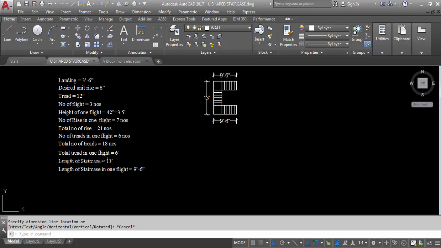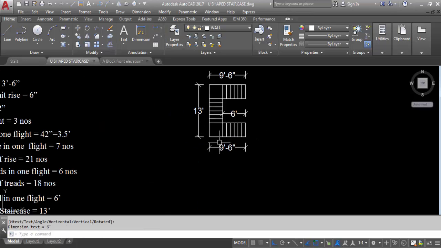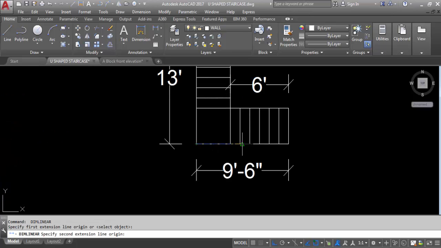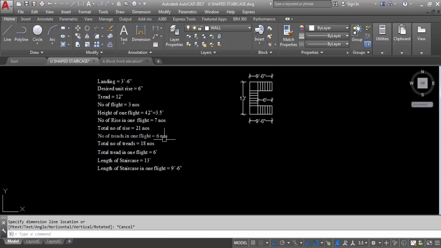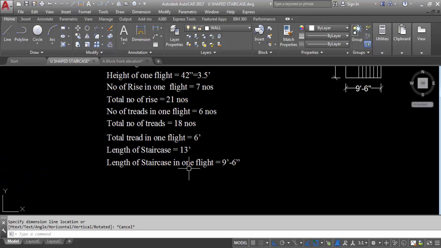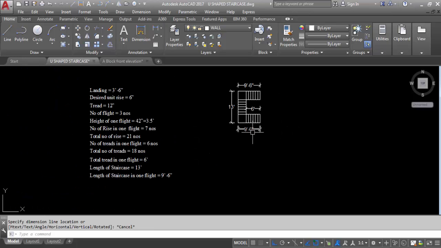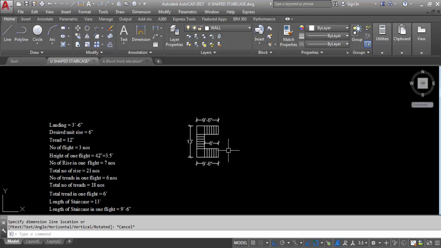Now total tread in one flight 6 feet. Total tread here to here 6 feet. Length of staircase minus landing. This 3 feet and 6 inch minus, that is 6 feet. Total tread this side 13 feet. And length of staircase in one flight 9 feet and 6 inch. So we have created this staircase,